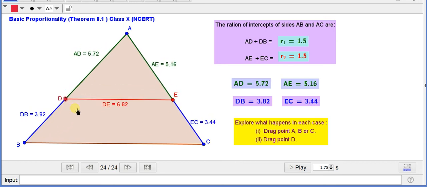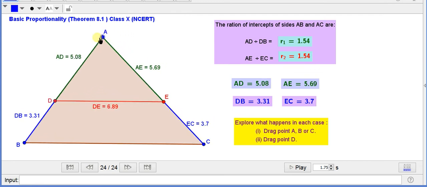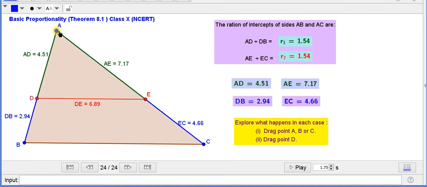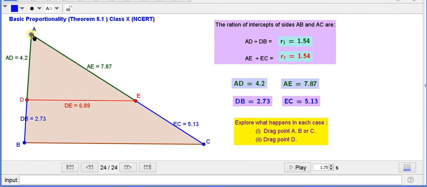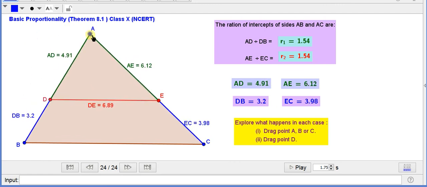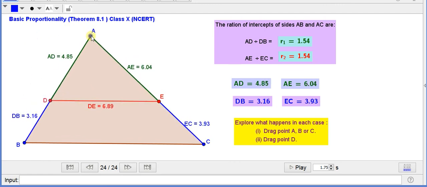So this is a very useful theorem, the basic proportionality theorem. Of course, for examination purposes you have to write all the steps of the theoretical proof, but to see its validity, we can verify it with the help of this